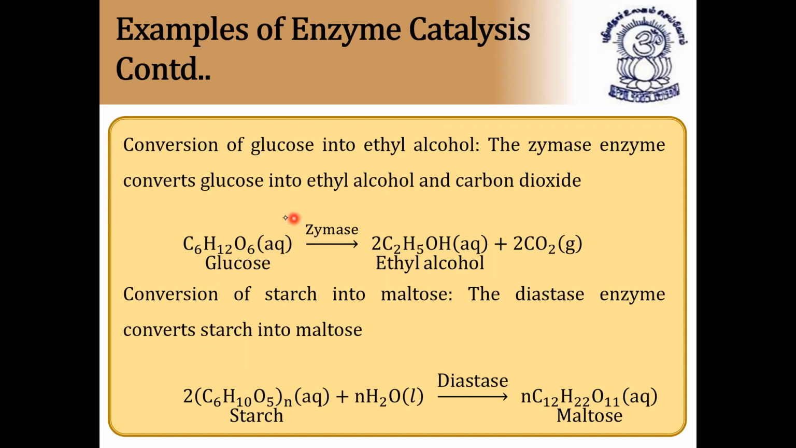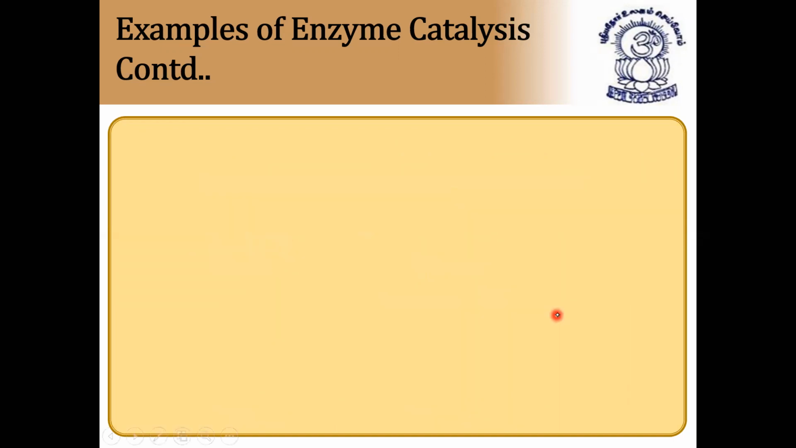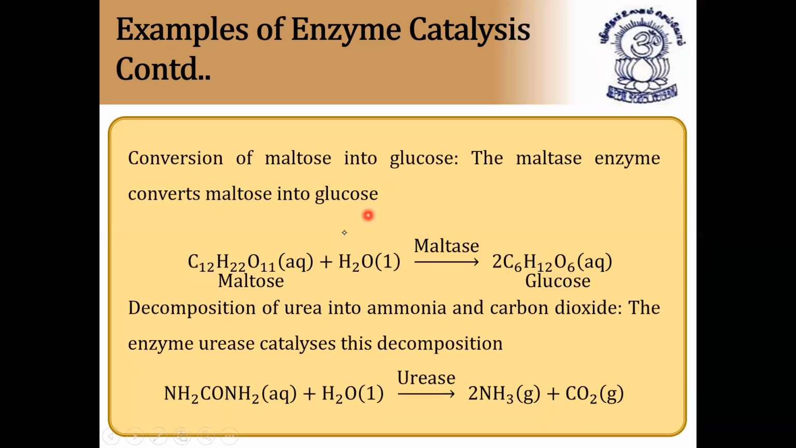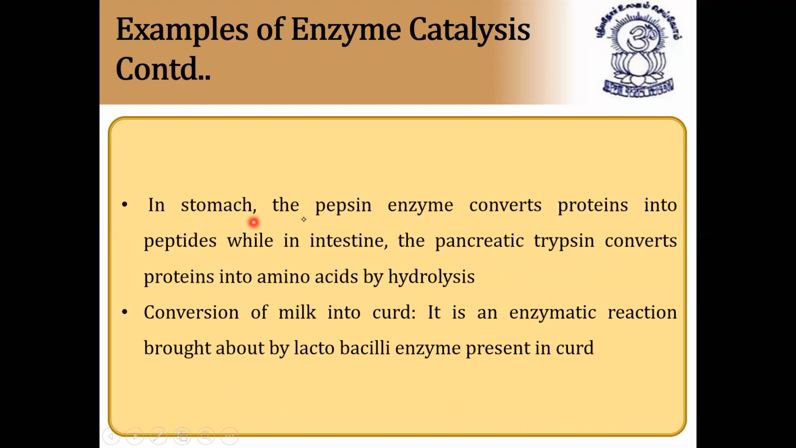So what are the enzymes we have? Invertase, zymase, and diastase. Next, conversion of maltose into glucose. Maltose in the presence of the enzyme maltase converts into glucose again. The decomposition of urea in the presence of urease: urease is a catalyst which forms ammonia and carbon dioxide. So urease is an enzyme again. In the stomach, the pepsin enzyme, this is about biochemical catalysts in our human body, converts proteins into peptides, while in the intestine, the pancreatic trypsin converts proteins into amino